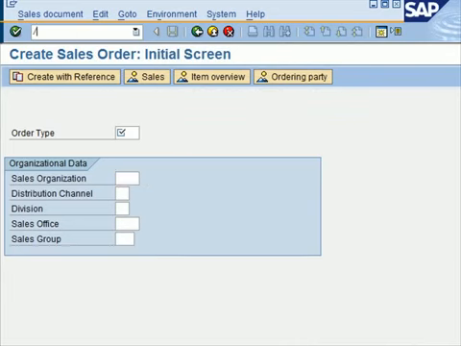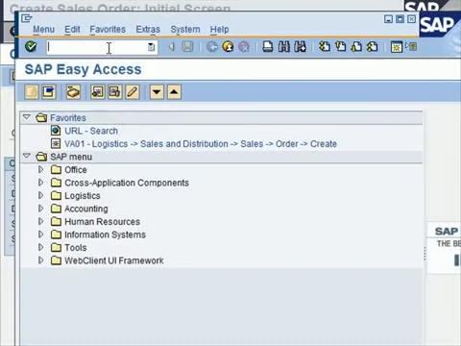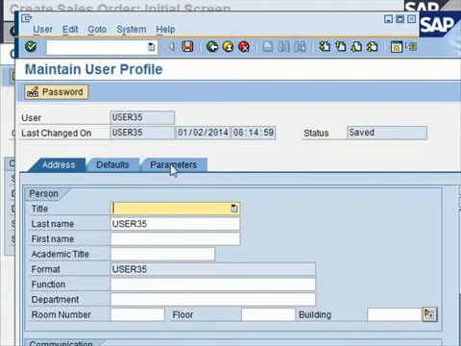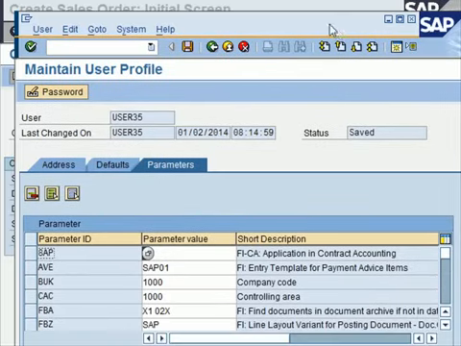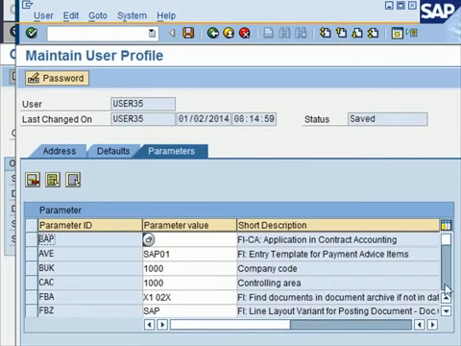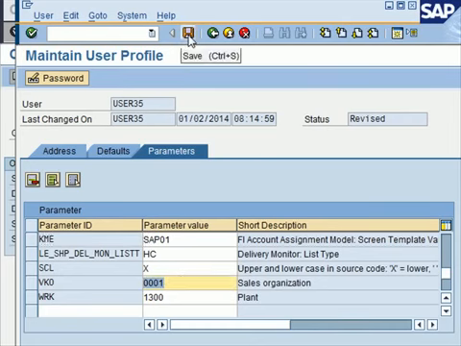So I open up another session with /o, and now I go to a transaction for maintaining user profiles. Now in the parameters, I scroll down and I enter VKO and I enter the sales org 0001, which is the sales org that I normally work with. I save,